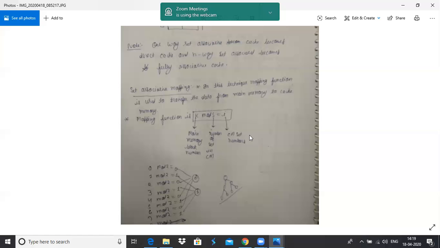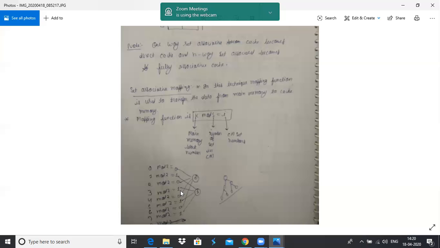Suppose you want to transfer main memory block 0. To which set will it be mapped in the cache memory? Apply the mapping function 0 mod 2, because the number of sets in the cache memory is 2. So 0 mod 2 becomes 0. So block number 0 will be mapped to the 0th set of the cache memory. In a similar way, main memory block number 3 will be mapped to the first set of the cache memory.